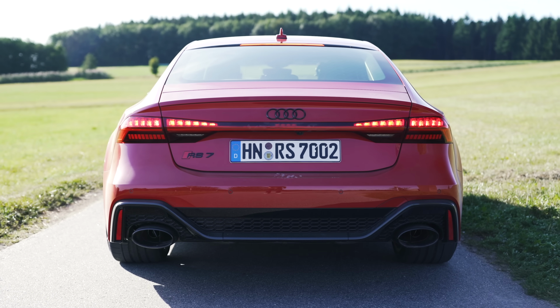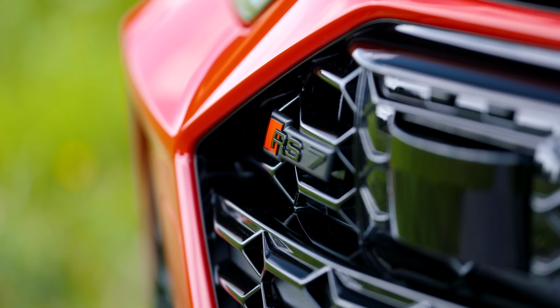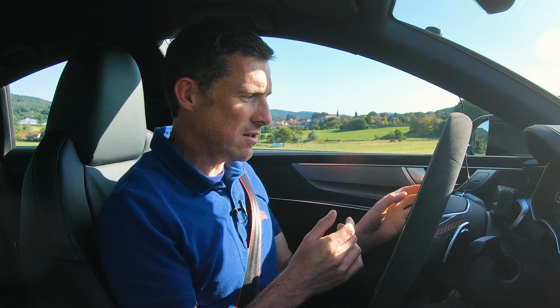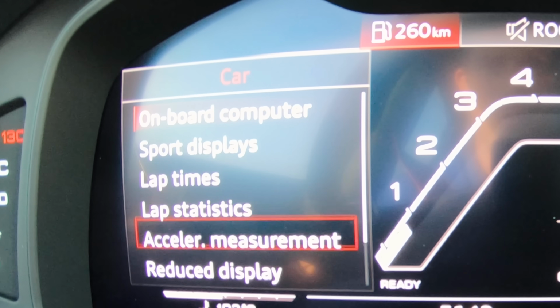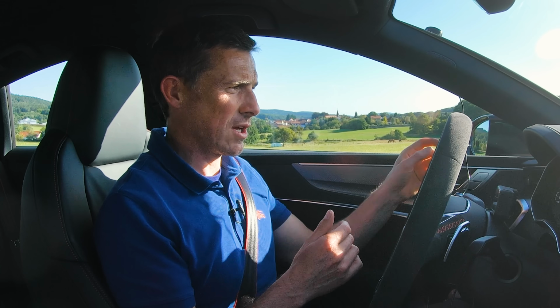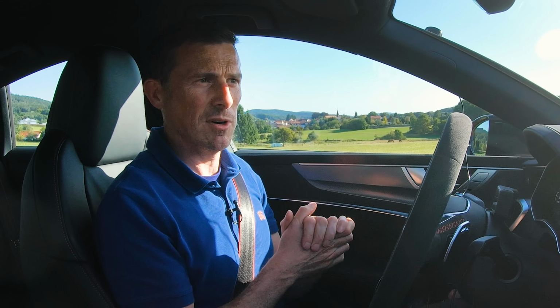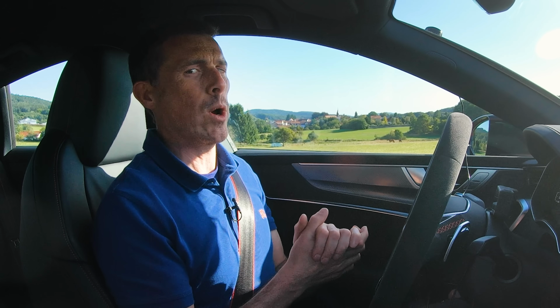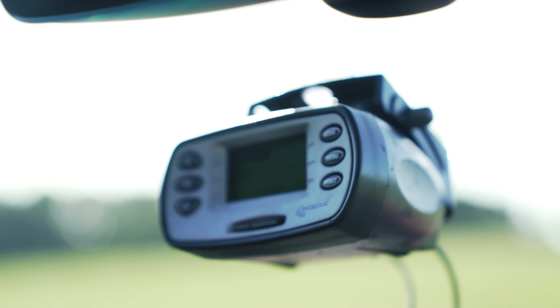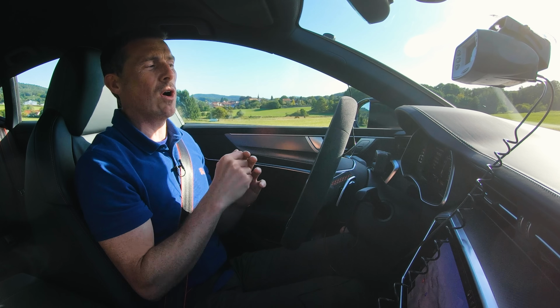I want to see just how quick this car is, so I'm going to measure it, and I can do that using their onboard trip computer. So I can do acceleration measurement, and then we're good to go. 0 to 100 kilometers, 0 to 62 miles an hour. But I'm not going to trust Audi's equipment for reasons. So I've got my own data logging equipment up here, so I'll be using that as well to vouch the